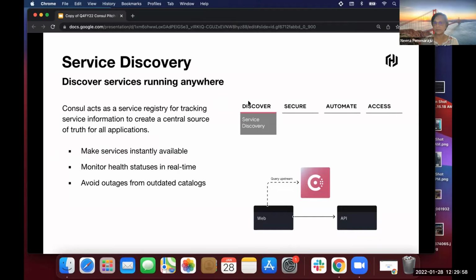First is the service discovery aspect. Everything within Consul is built on top of service discovery, where services are registered into Consul and their health is monitored. All this information is then used to track what services are available for someone else to access at any given time.